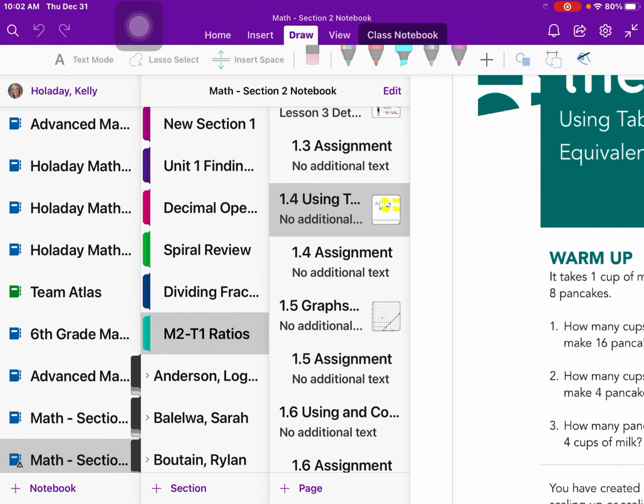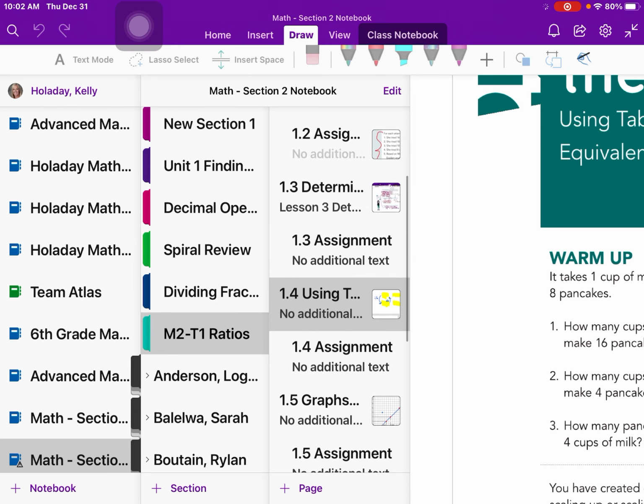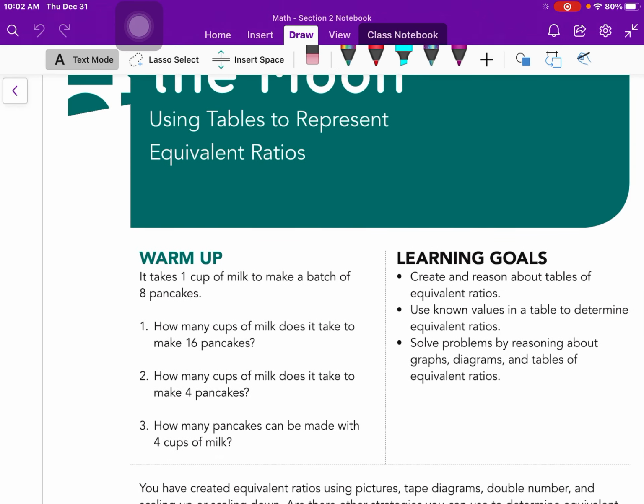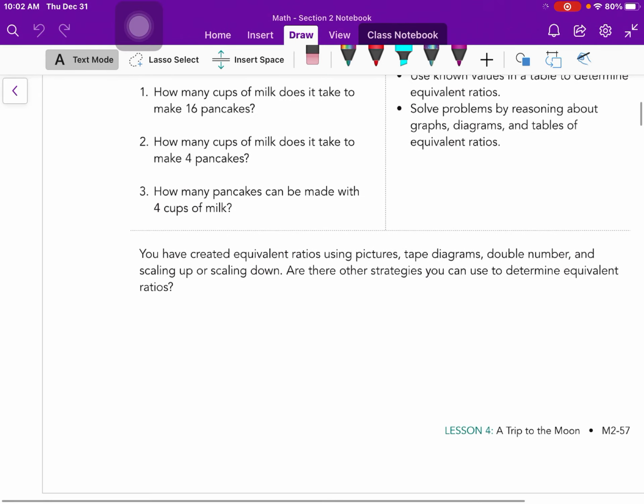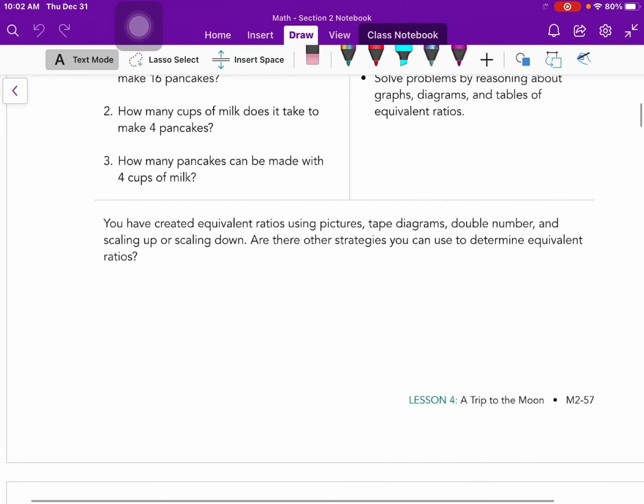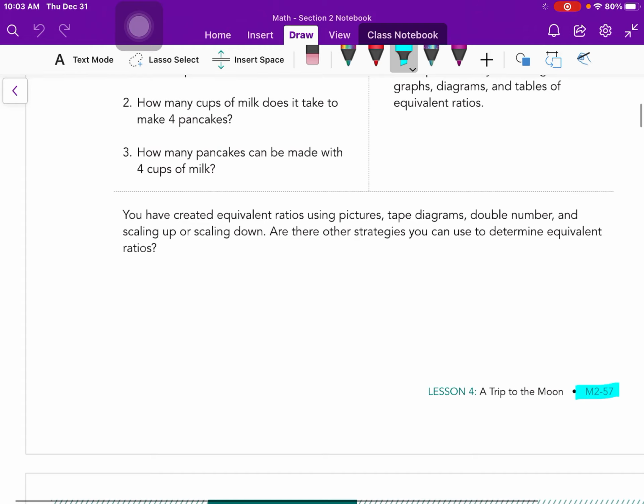Moving on to lesson 4, using tables to find equivalent ratios. This one's called a trip to the moon. Again, we are working in our M2-T1 ratios tab. We are on 1.4, and the page should look like this, a trip to the moon. If you are working in your textbook, you are looking for this page,